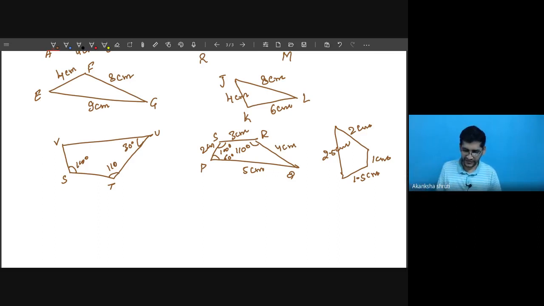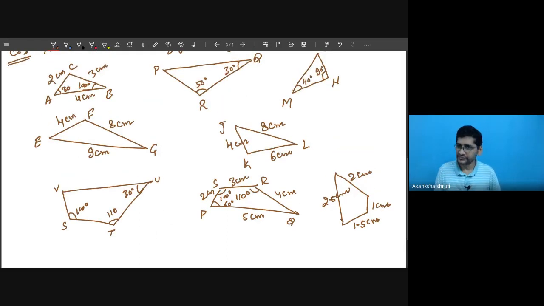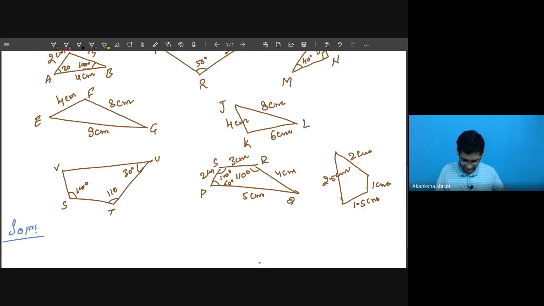Yes, tell me regarding this. Students, you have to find the similar figures among these. In some cases, the angles are given. In some cases, the side lengths are given. And you have to find whether they are similar or not. If they are similar, then it may be asked to calculate their angles also. It is very easy for similar figures.